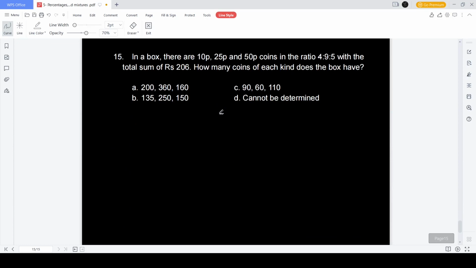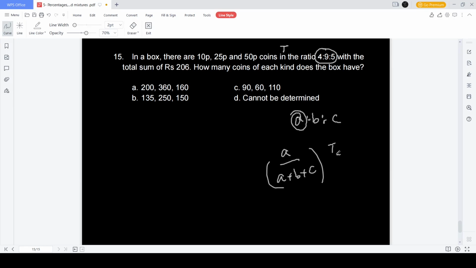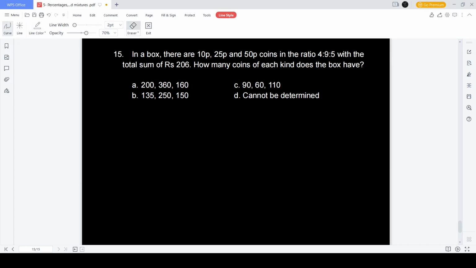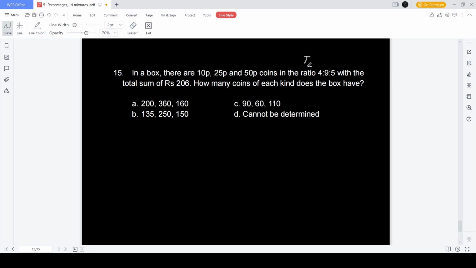Next question. In a box, there are 10 paisa, 25 paisa, 50 paisa coins in the ratio 4 is to 9 is to 5. Total sum is 206. How many coins are there of each? So let's see. Let's find out the total sum first. Let's assume the total number of coins in the box is t. As I said, if the ratio is A is to B is to C of something, then the number of parts of A is nothing but A by the total A plus B plus C into the total number. So if we assume the total number of coins to be T,